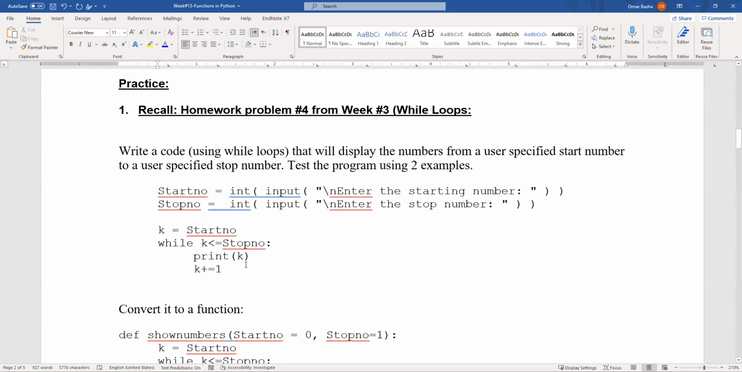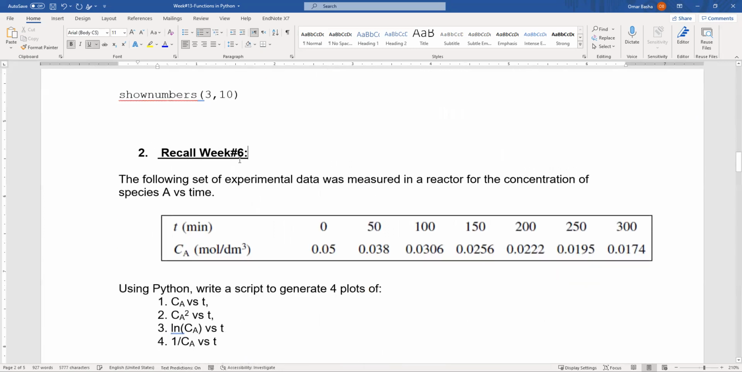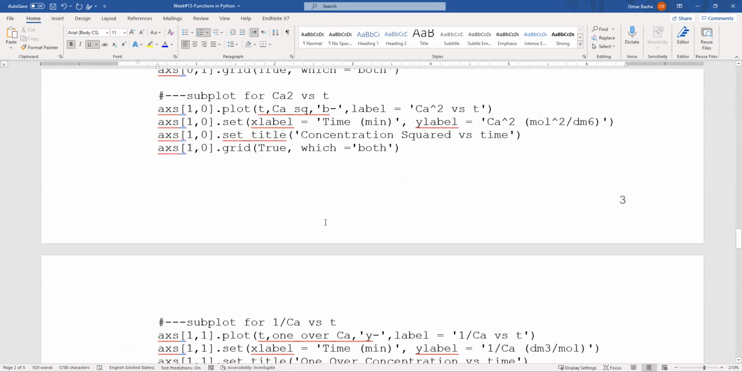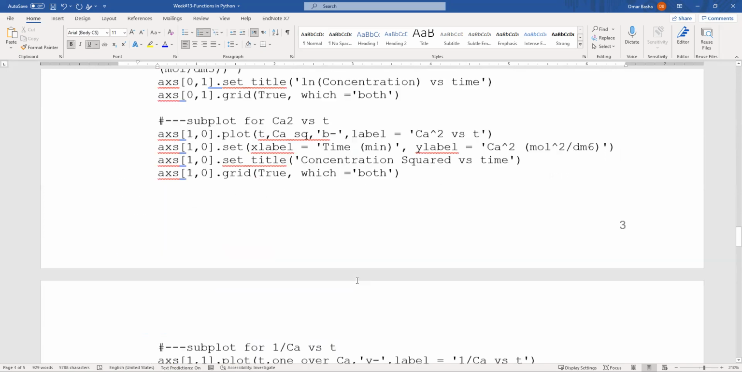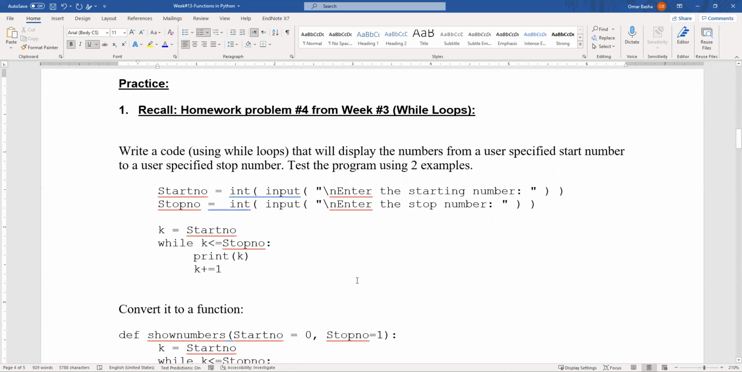Okay, so let's do some practice exercises. I'm going to do 3 practice exercises. The first one will cover loops, right? The second one will cover plotting. And the third one will cover systems of linear equations. Okay, so let's start off with the while loop